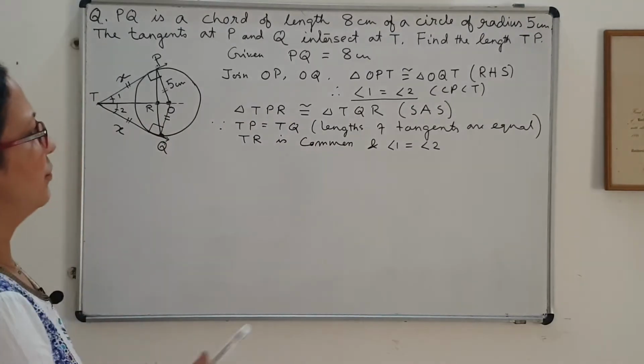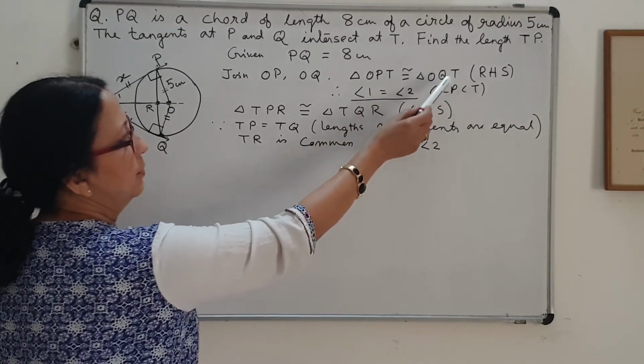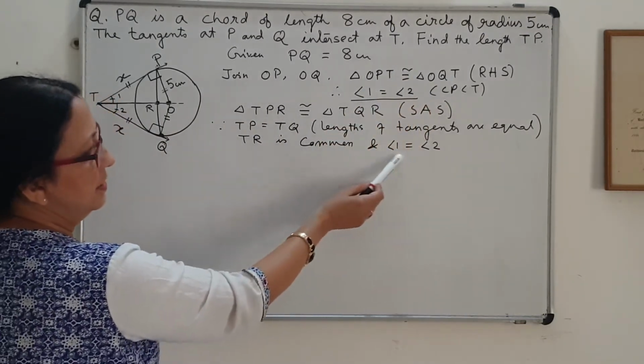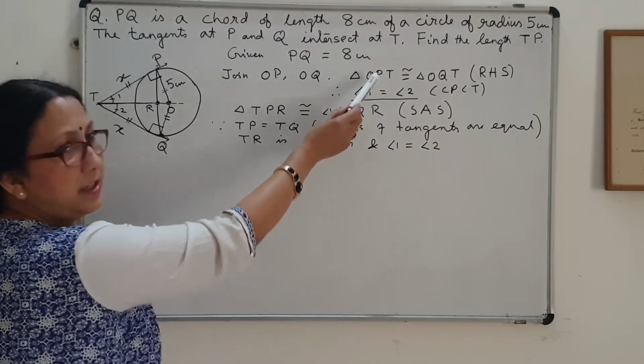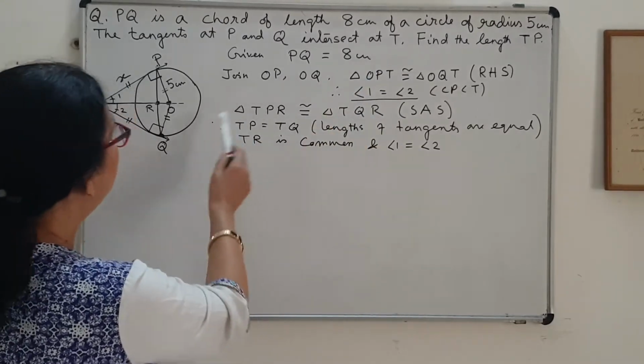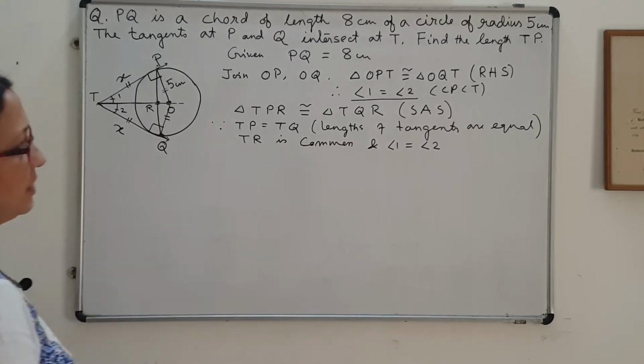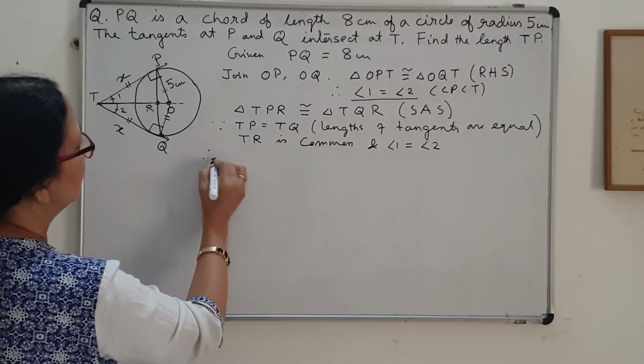That's why first of all we have taken these two triangles to be congruent, because I need this one which I derived from the CPCT conditions. So why I have proved these two to be congruent? So you see, now I can say that therefore by CPCT